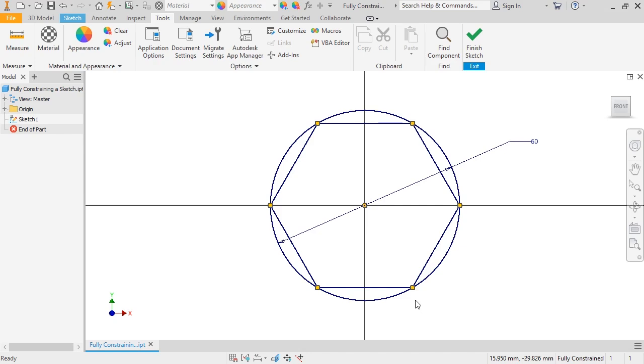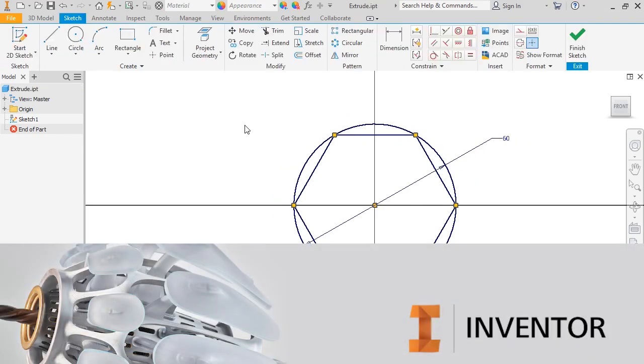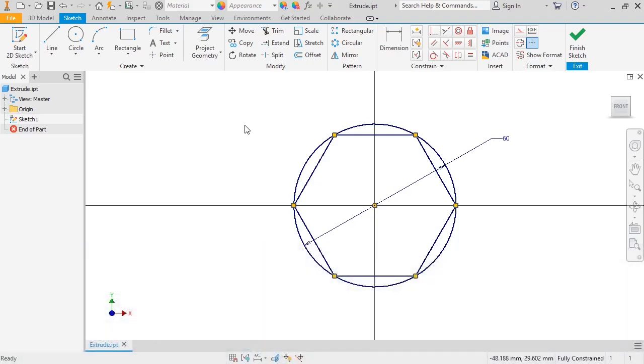Since my sketch is now fully constrained, I can confidently add 3D features, knowing that the design is consistent, reliable, and finished. An extrude, in relation to 3D modeling, describes the process of taking a two-dimensional profile and making it three-dimensional by giving it some thickness. A simple example of this would be taking a circle and making it into a cylinder, or turning a square into a cube. I have here the finished sketch for the pinhead, and I can extrude this sketch without exiting